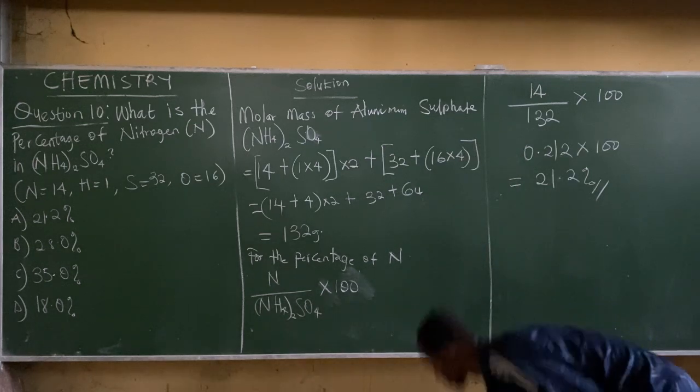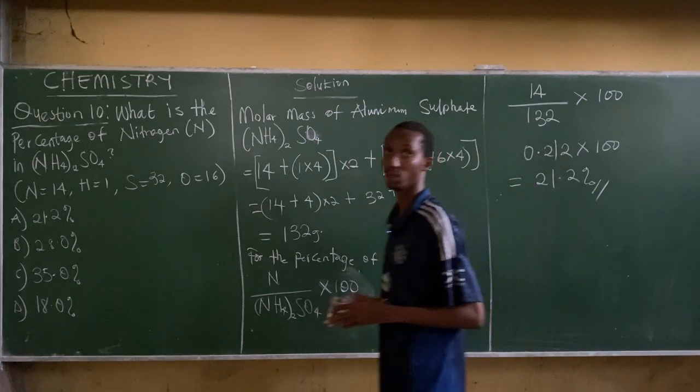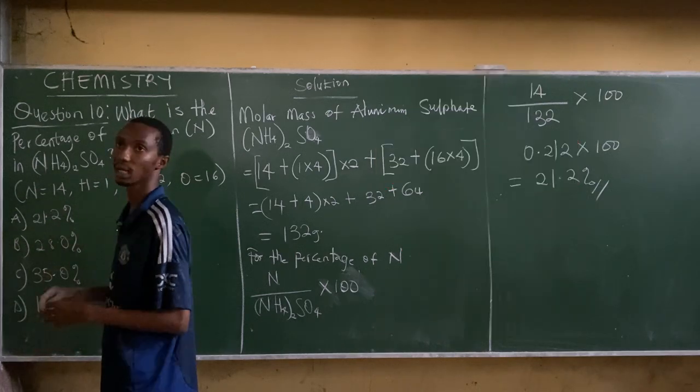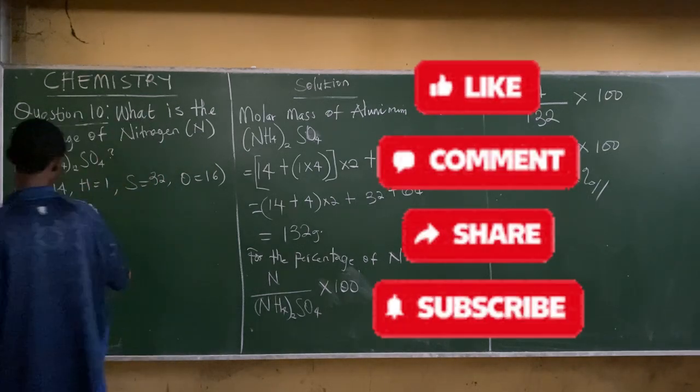Therefore, the percentage of nitrogen in the compound is 21.2%. That is option A. So the correct option